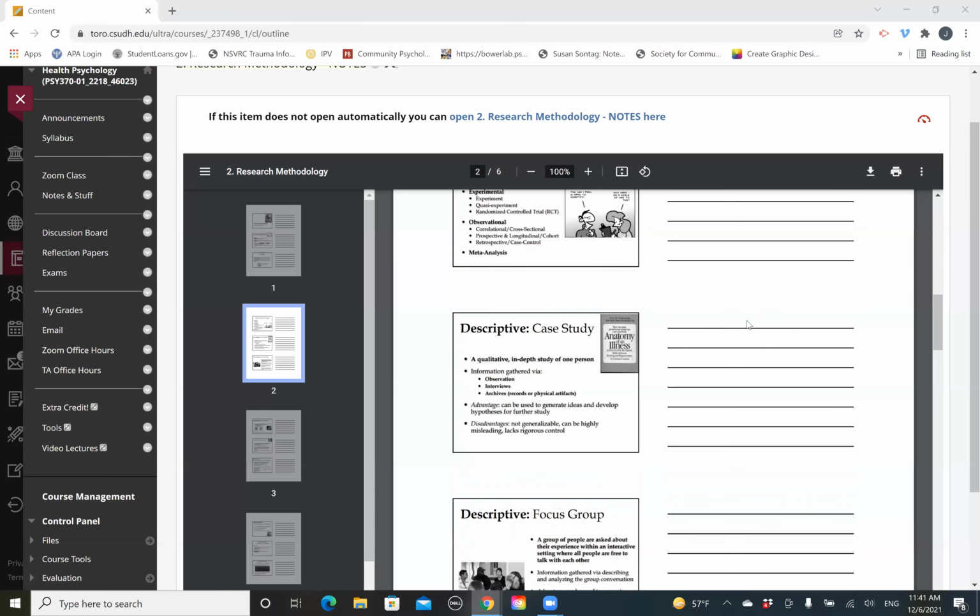Remember, we were talking about that validity up there. It can be highly misleading and lacks rigorous control. So when you're only dealing with one person, right, it's only true for that one person. I think of one of the case studies that I think about a lot